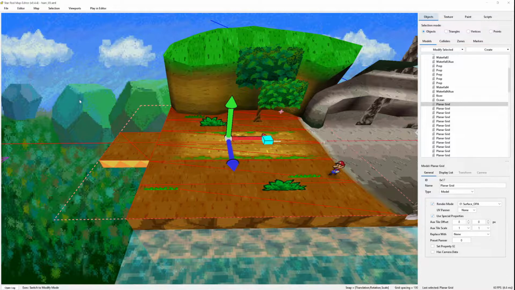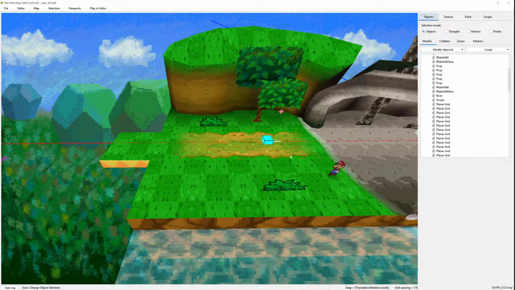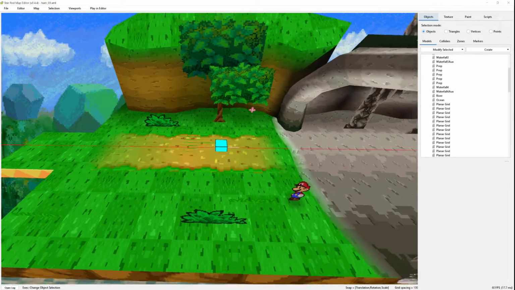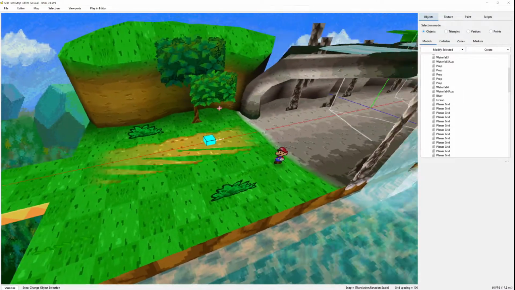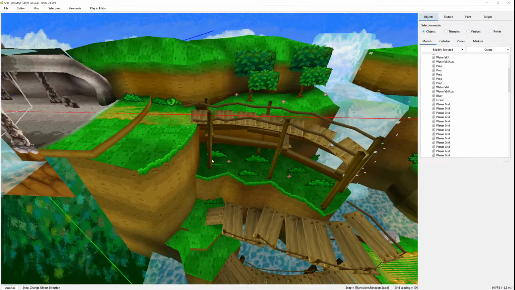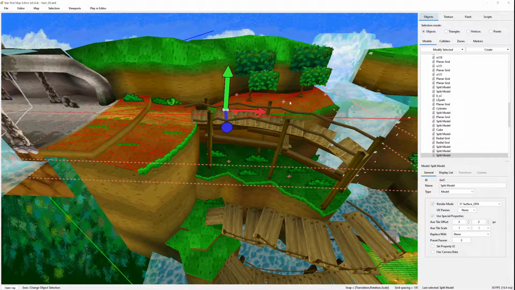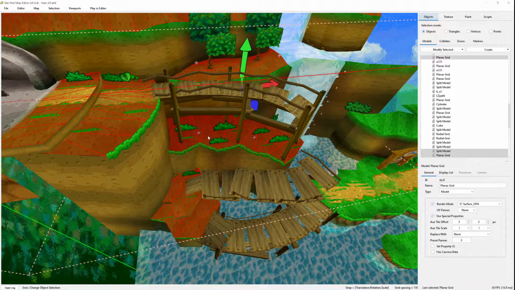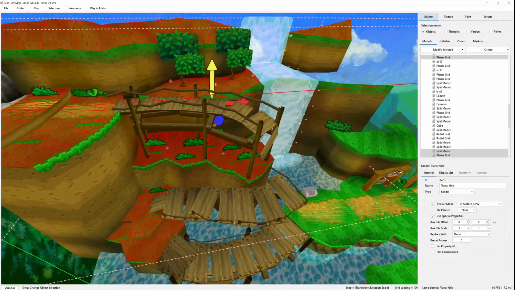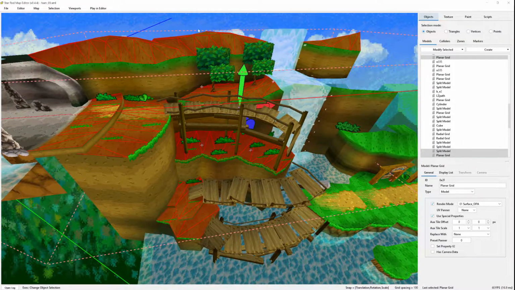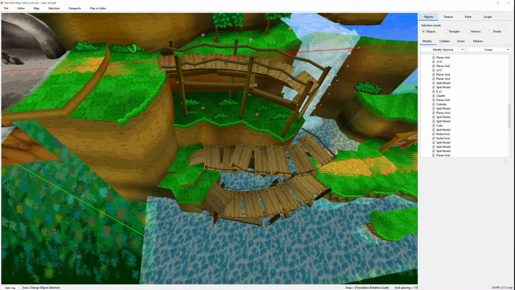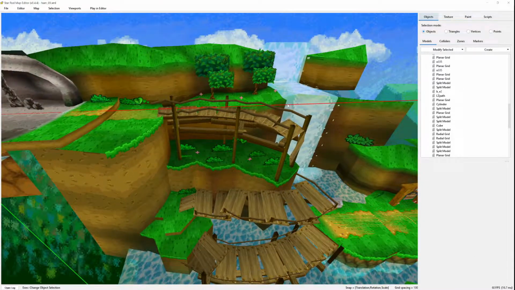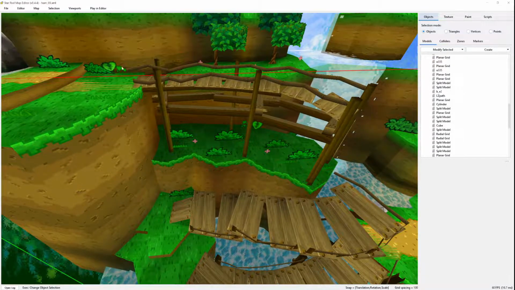And that saves, I don't know the exact amount of frames it saves, but it adds up the more that you combine. So one way to further better the lag in this map would be to just combine these models together, so I don't have to have all of these individual models. Now the map actually loads fine as it is right now, so I don't need to do that, but if it was super laggy, I would consider combining all of those floors together, so it only loads this